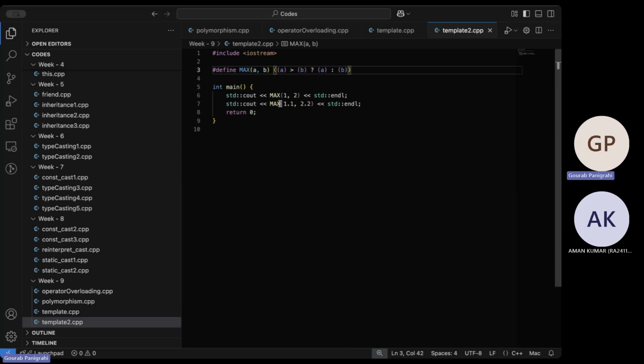So essentially, it will look like 1.1 greater than 2.2 question mark 1.1 colon 2.2. So after this preprocessor unit is done, then the compiler actually compiles. When it is actually compiling, it sees this line with all these variables, then it evaluates it at compilation time and then does all the optimizations.